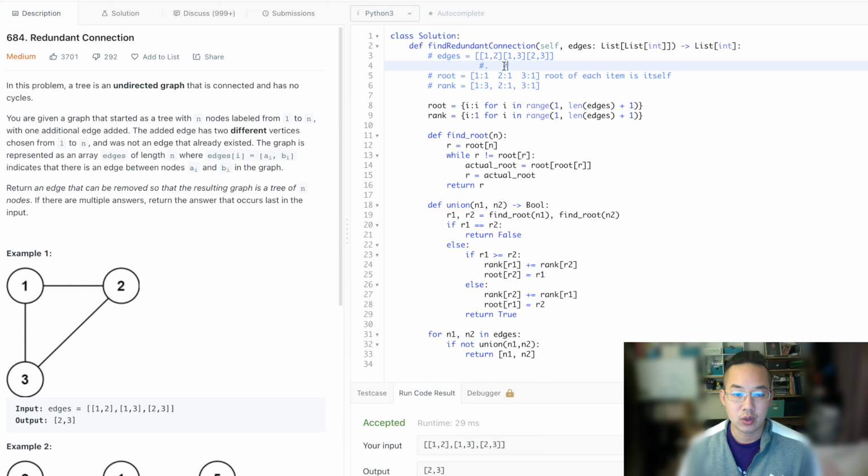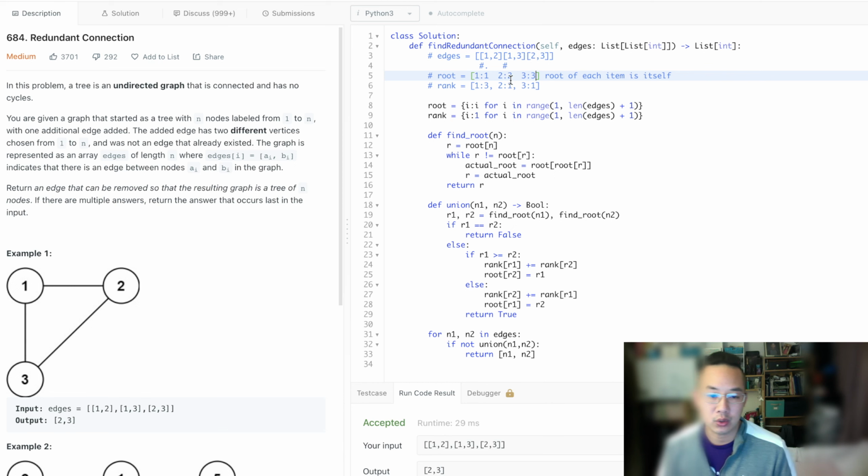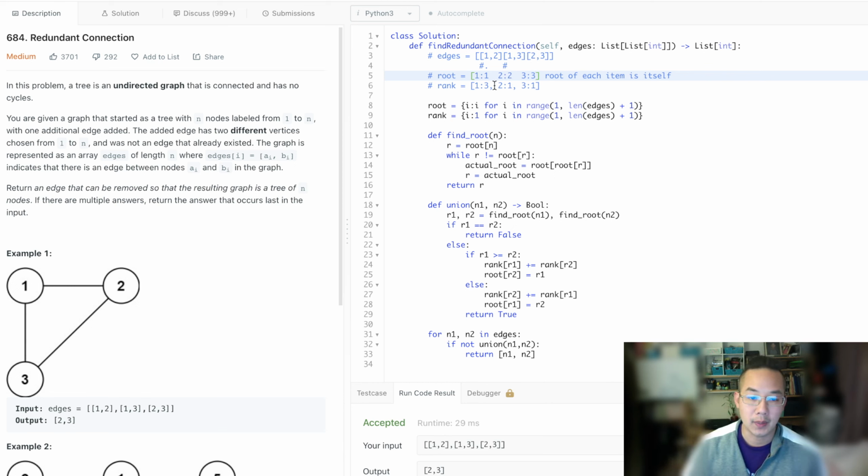If we look at 2, when we set it to 1, we check 1 and 2, and we set this root to 1, and when we set the roots to 1 and 3, this is 1. We're checking 2 and 3. You see that the root is 1. So what happens is that when we find the root, the 2 is not equal to 1. So we want to find the actual root, and that actual root is 1 here,